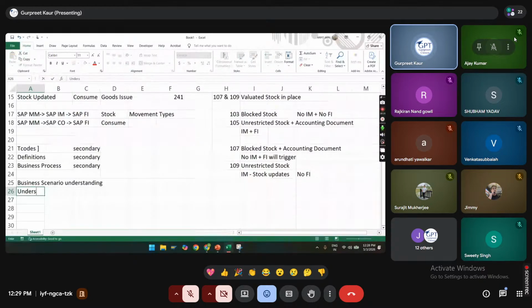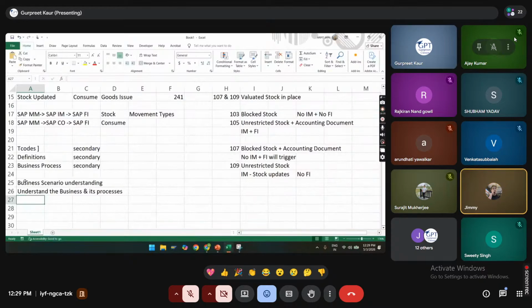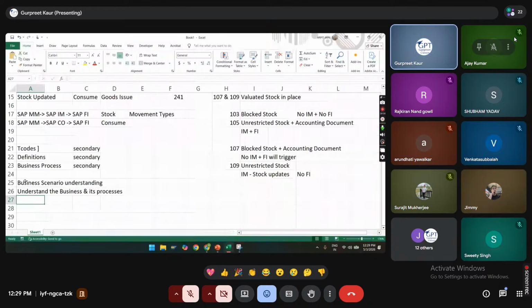We are going to understand the business and its processes. It may be procure to pay, subcontracting, advanced subcontracting, STO, advanced STO, or third party.